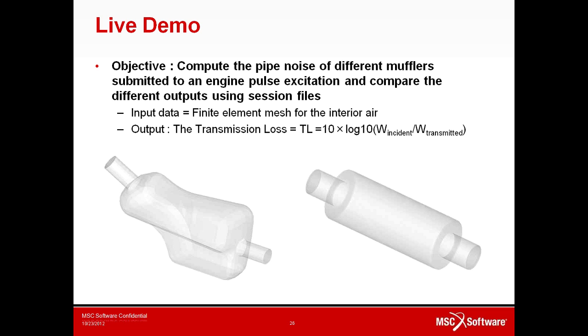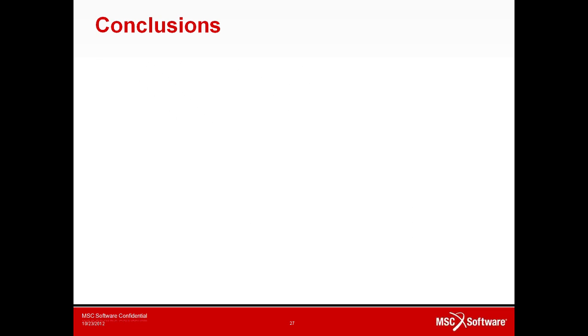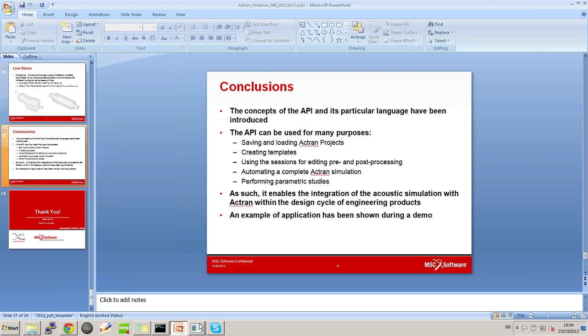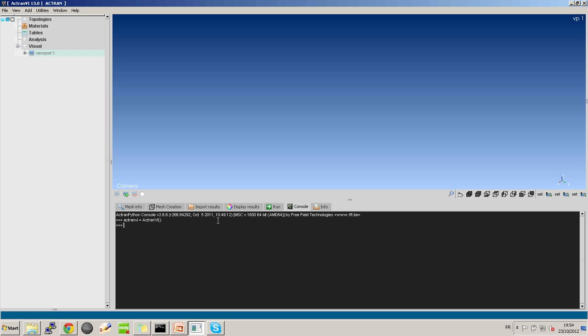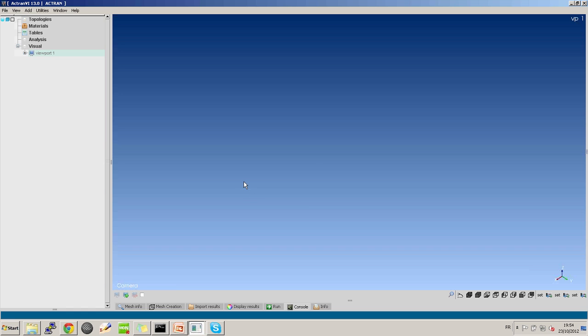Both pre- and post-processing will be automated. So, I will now directly go for this demo within Actran VI. So, this is here Actran VI, as you can see. Actran VI is the pre- and post-processing utility that we will use to create the session file and the